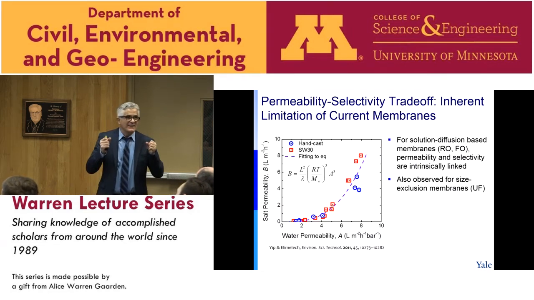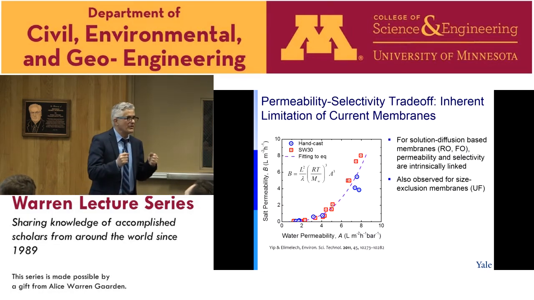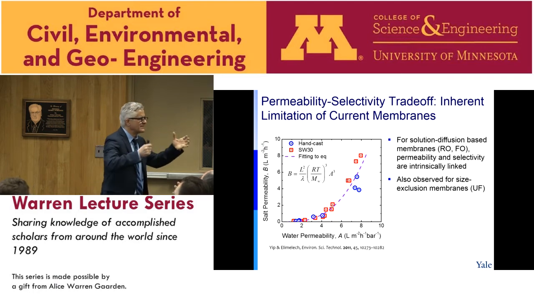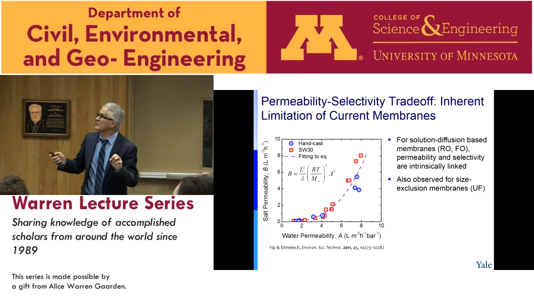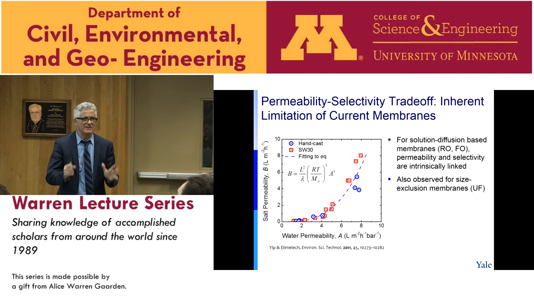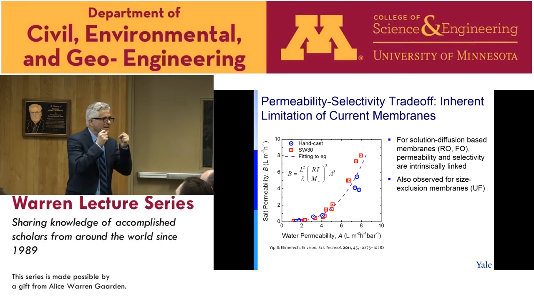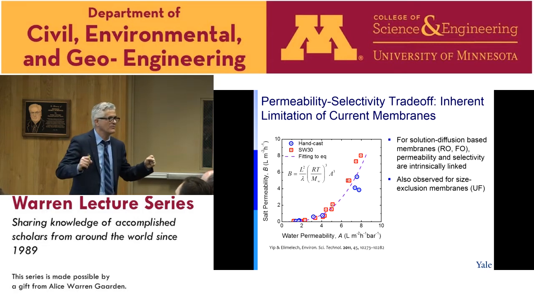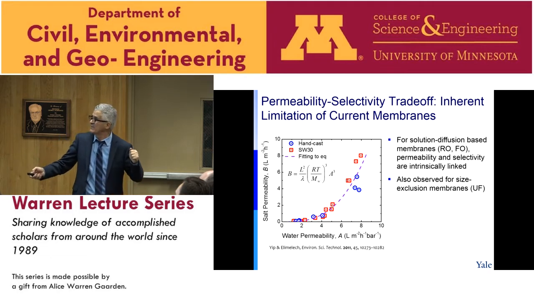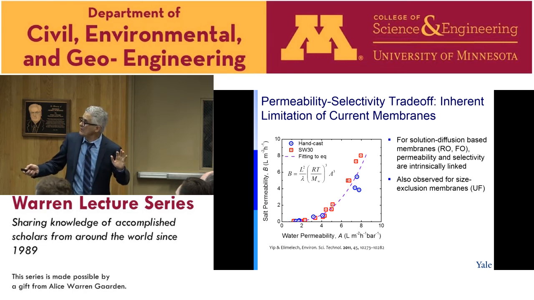Okay, the current membranes, reverse osmosis or even other ones, but let's focus on reverse osmosis, are constrained by what we call the permeability-selectivity trade-off. It's an inherent limitation that you cannot overcome. This limitation tells you that this is the salt permeability, this is the water permeability, and the experimental data that we have here follows this line, which tells you if you want a membrane with lower salt permeability,